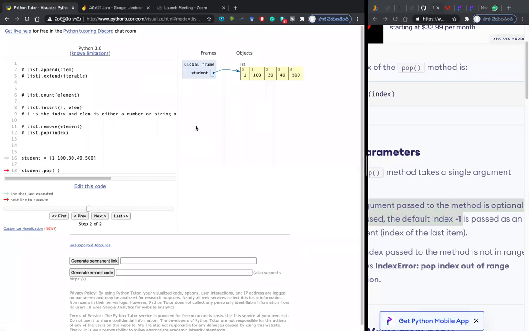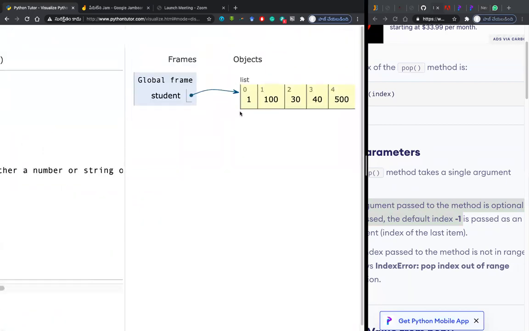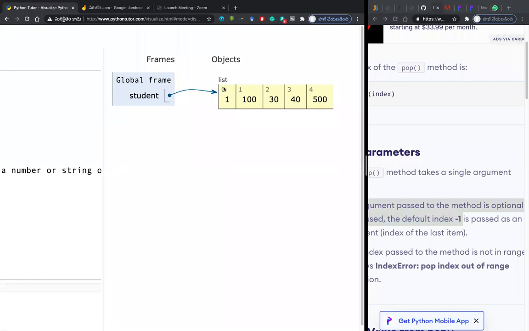Yes, in the previous, this is our memory actually. If you go from left to right, you will have 0, 1, 2, 3, 4. But if you are going from right to left, the 500 is considered as having -1, 40 is -2, 30 is -3, 100 is -4, and 1 is -5.